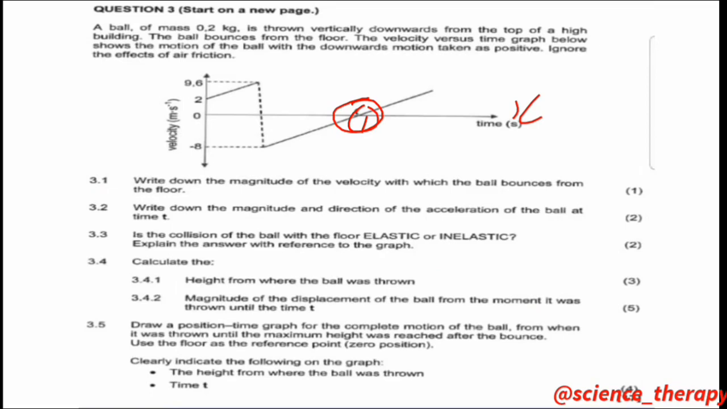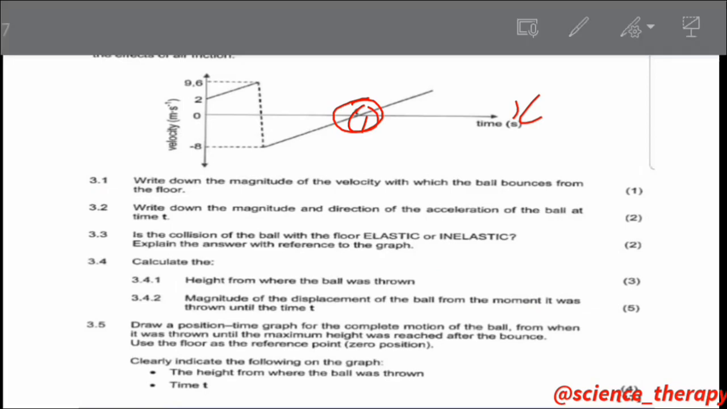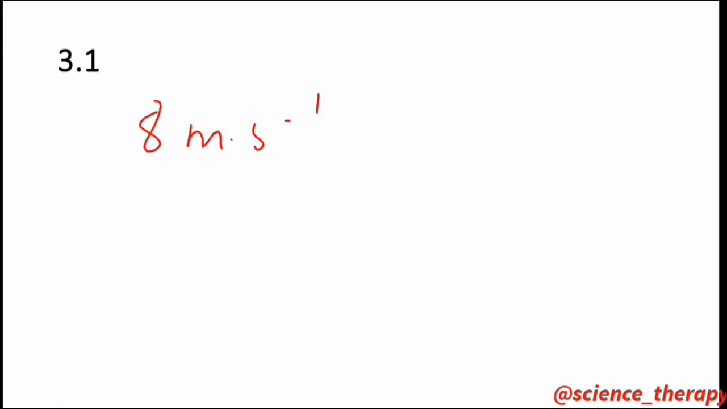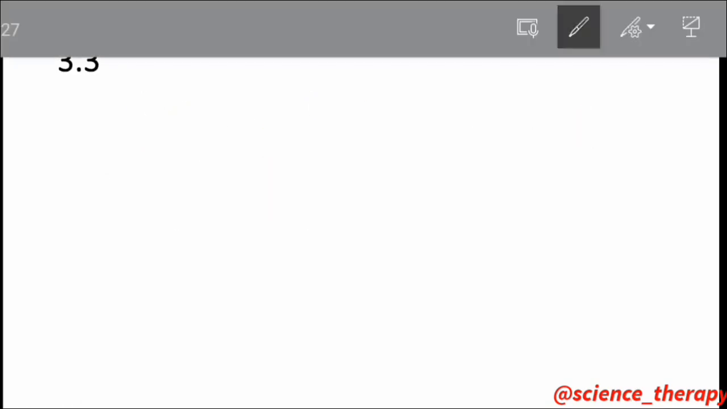Then 3.3 says, is the collision of the ball with the floor elastic or inelastic? Explain the answer with reference to the graph. So we've already spoken about that. We said the collision is inelastic. Why? Because we can see that there is a slant on the graph, right? We can see that the ball does not bounce off at the same height that it hit the ground. So we say inelastic,